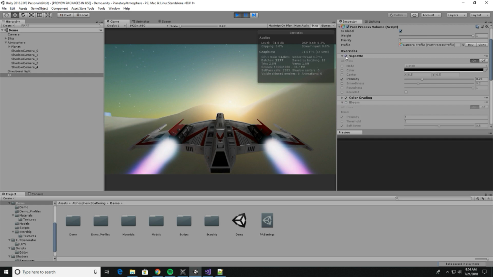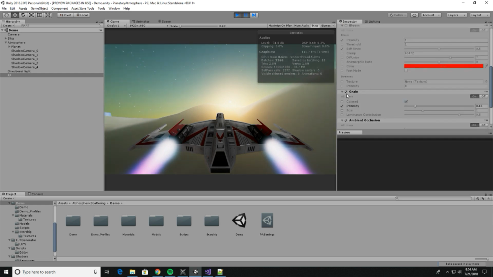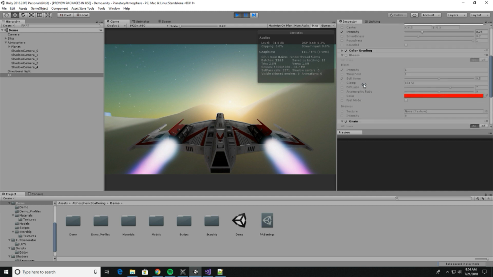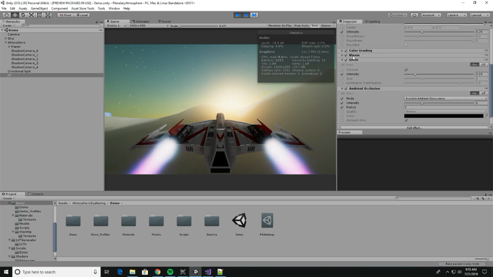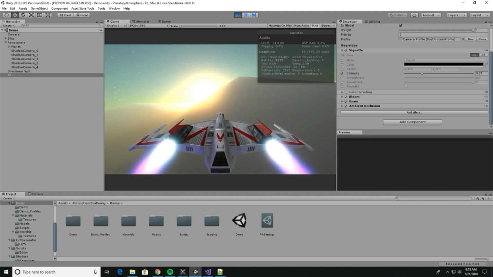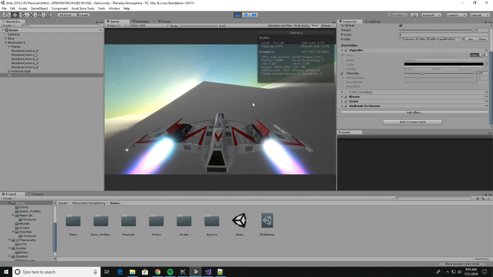Anti-aliasing works with it. All these vignettes work with it. Grain. Ambient occlusion even works with it. And so, yeah, that was one of the main things that I really wanted, was just color grading, because without it, everything's super washed out. You can kind of see right here. Everything's sort of just like a very bright,